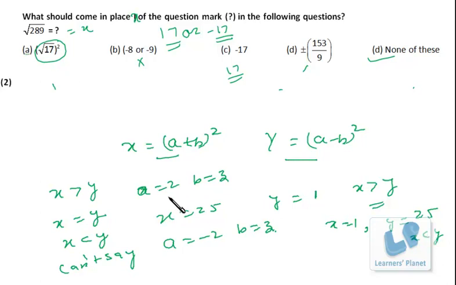So if both of them have the same sign, it will be greater. If both of them have opposite signs, then it will be greater. So you cannot conclude whether x will be greater or y will be greater, because we are not clear about the status of a and b. If it is clearly mentioned that both of them are positive or both of them are negative, or one is positive and one is negative, then only you can come to any conclusion or comparison between x and y. Okay, so I hope you are clearly getting this concept.